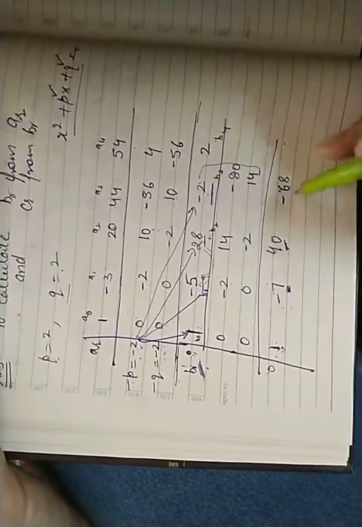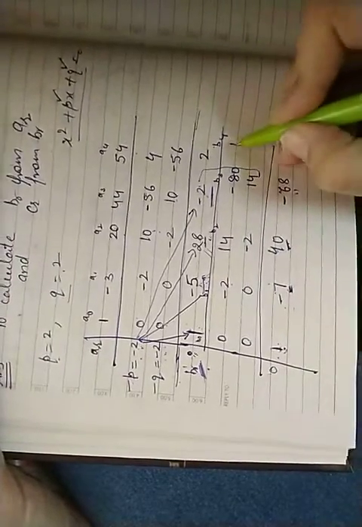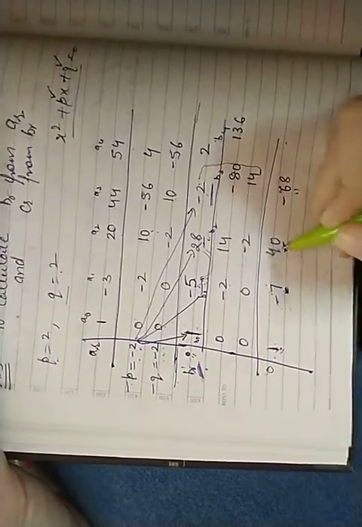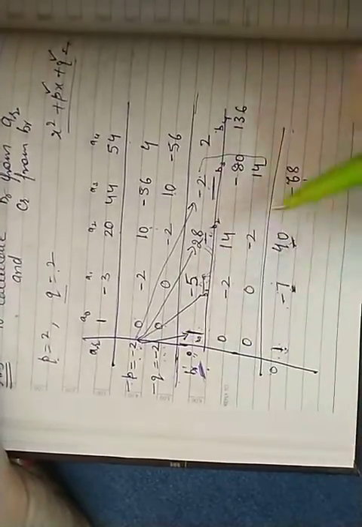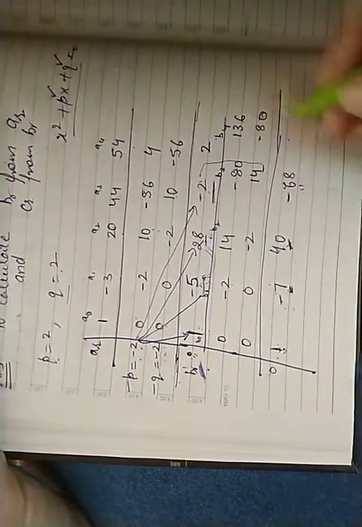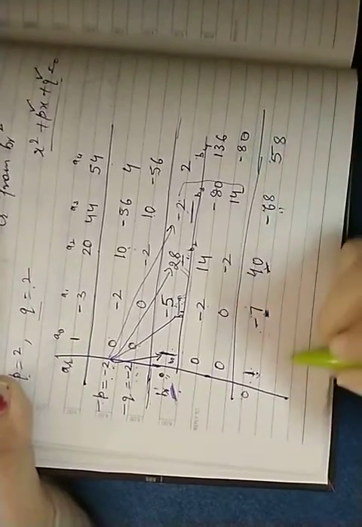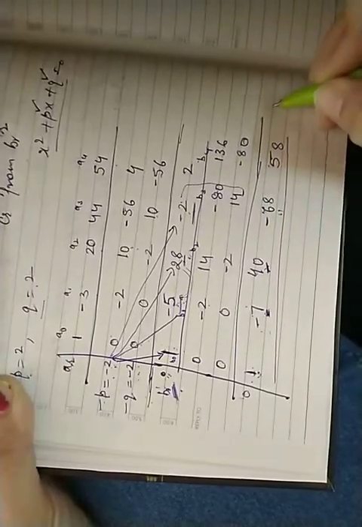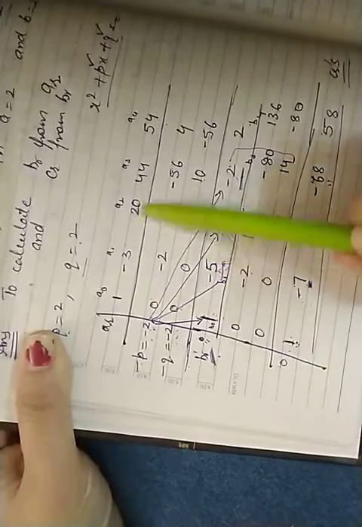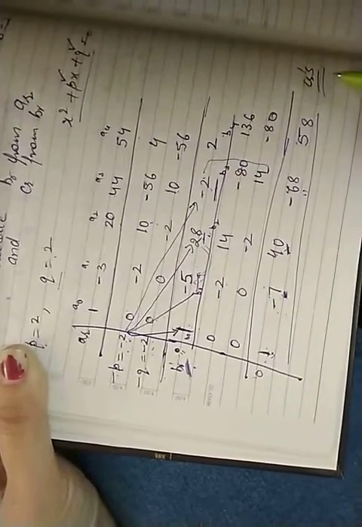Again repeating the same process, multiplying this by the value of p, it is equal to 136, and the previous value is 40. 40 into q, that is minus 2, gives minus 80. Adding these three values, you get 58, right? These are the coefficients, we can say C r's. So with the help of A r's, I have found B r's, and with the help of B r's, I have found C r's.